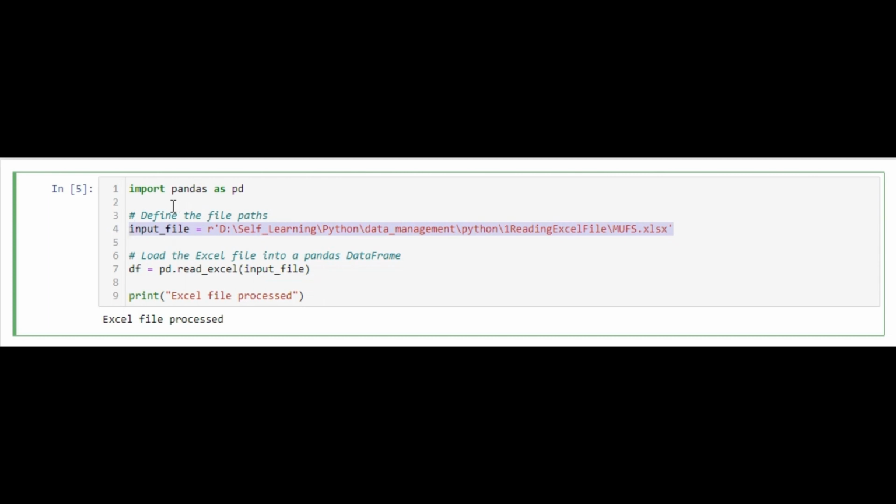This section of code has 4 lines of code, where in the first line we are importing the Pandas library, which is used to import any kind of Excel or CSV file. Moving on, the second line of code is input_file. This is a variable where we are saving our Excel file with the help of adding the path in the beginning